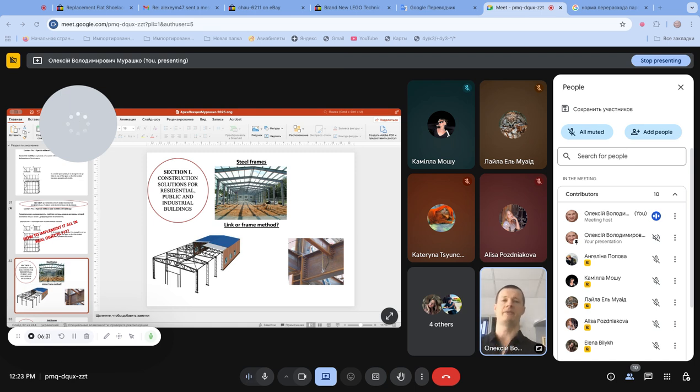So that is why for this building a rigid connection between column and beam was used,